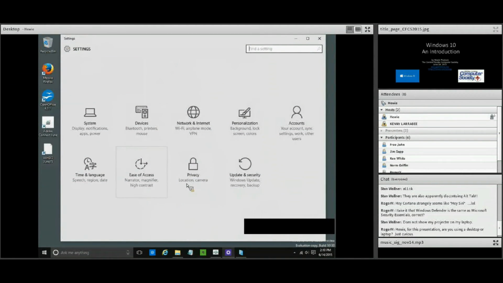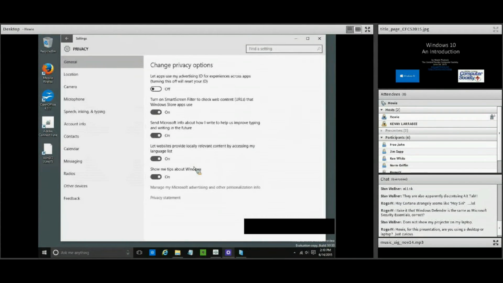Okay, that's your setting. Privacy. Let apps use my advertising ID for experiences is turned off. Smart screen filter to check web URLs that Windows Store apps use is turned on. These are defaults; I haven't changed any of these. Send Microsoft info on how I write to help improve typing and writing in the future. You might want to turn that off just for